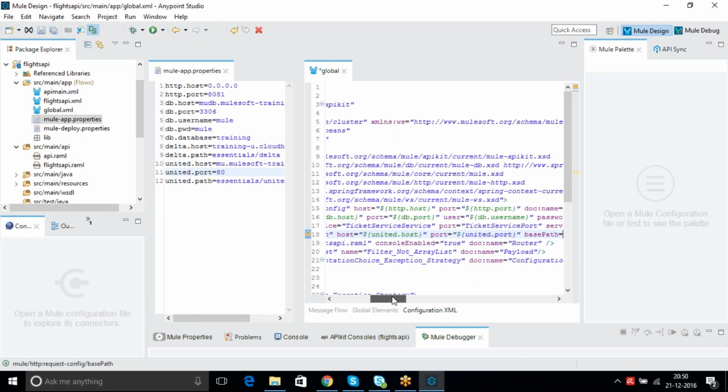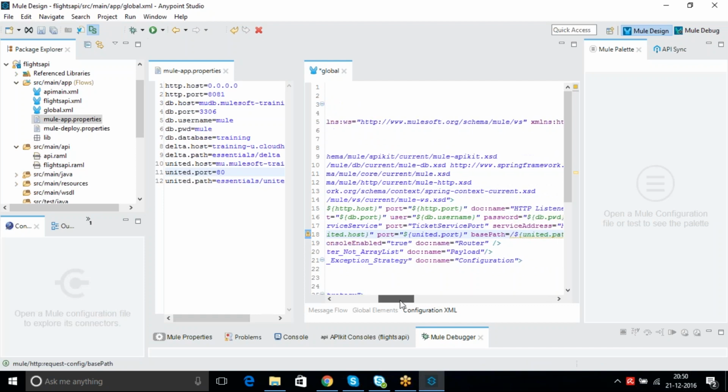Yeah, you can repeat it. I mean, if you are consuming some other service, they might definitely have the same port number. There is no issue. But when you are using this in the properties, give it a different name. That's it.